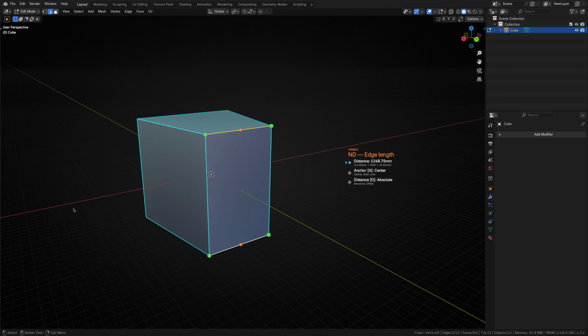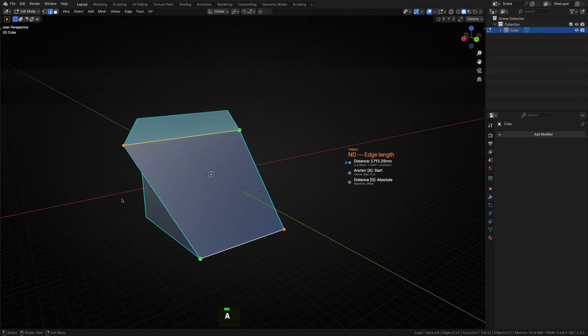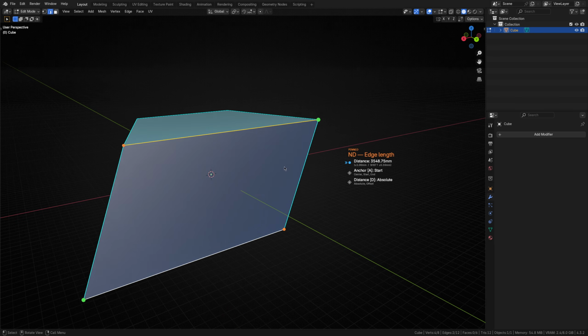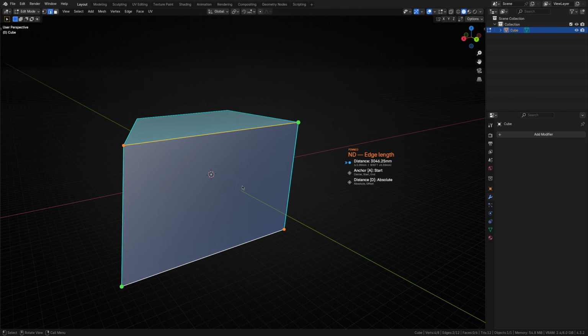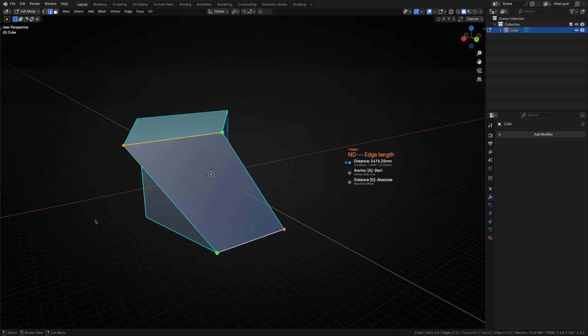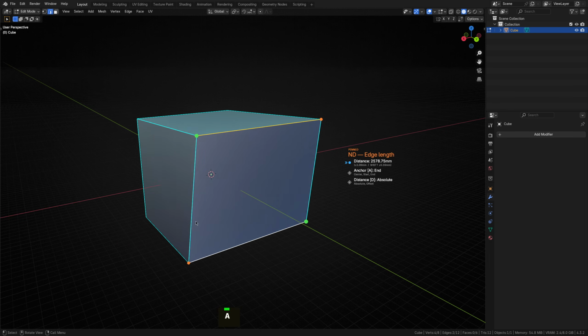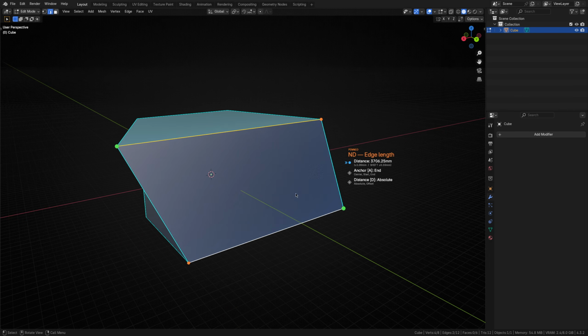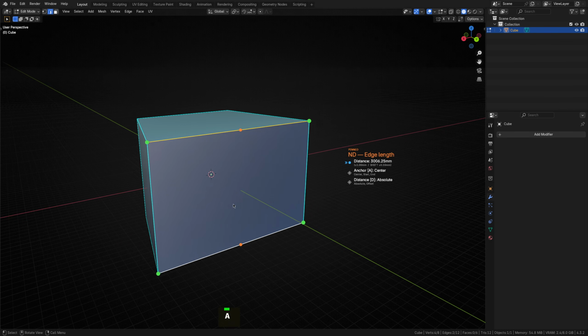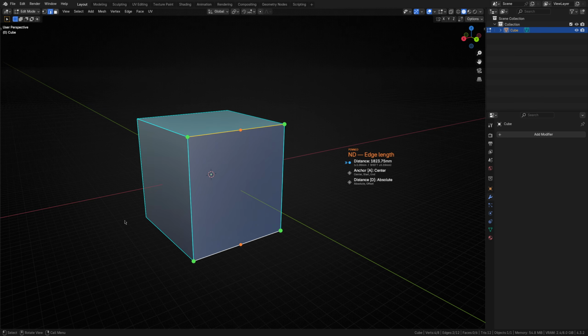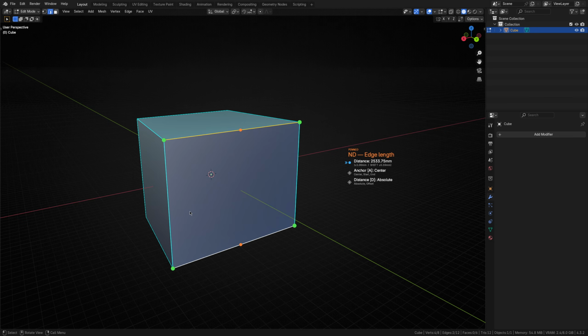Now, things may get strange when the anchor is set to start or end. If we try that now, you'll notice that the anchor points for each edge are in different locations, causing the active vertices to move in opposite directions. The reason is that each edge's vertices are wound in a particular order, and from a pure code perspective, it's not easy to determine which of the vertices should be considered the start or end points, especially so in more complicated selections. We're obviously only looking at a simple two-edge selection here.